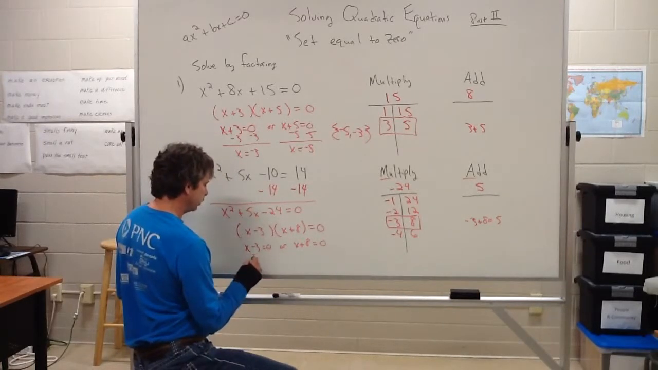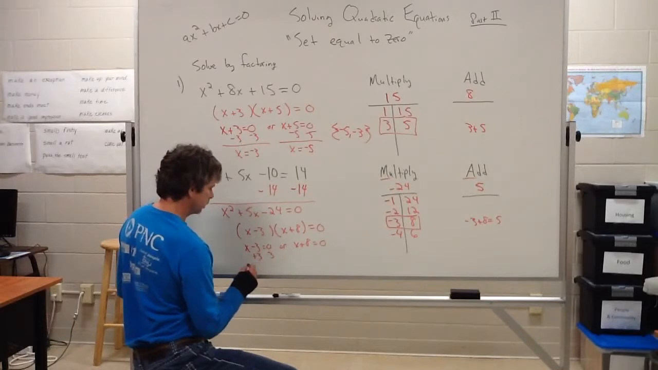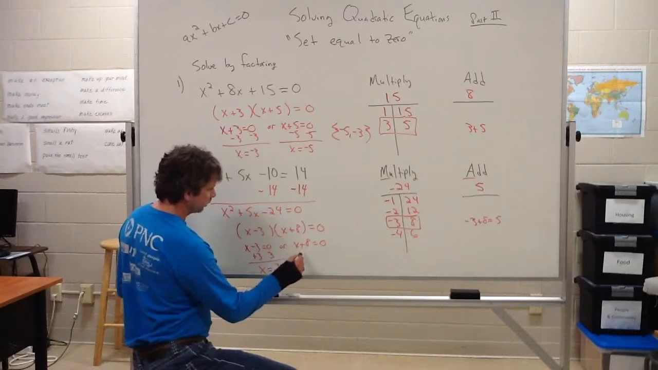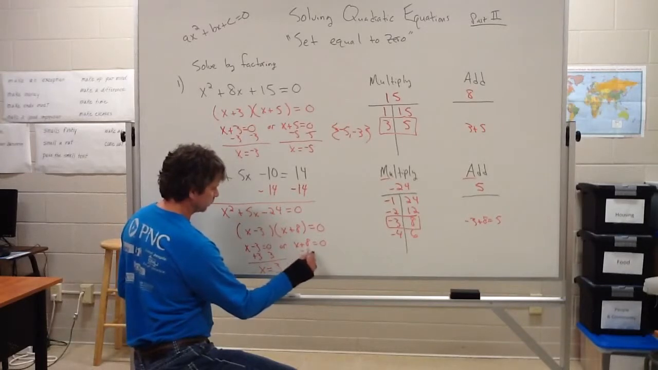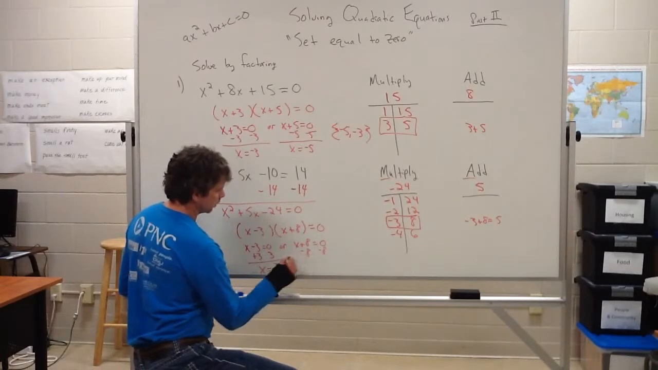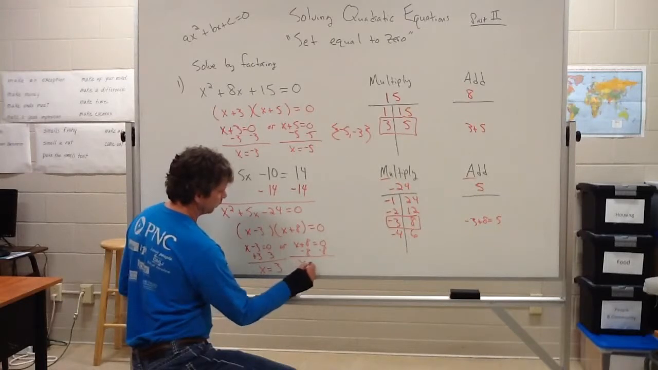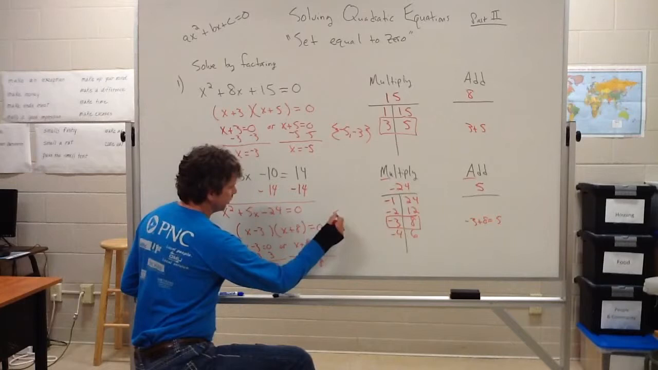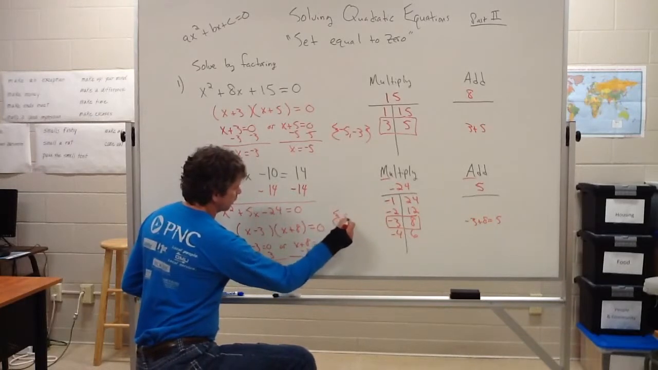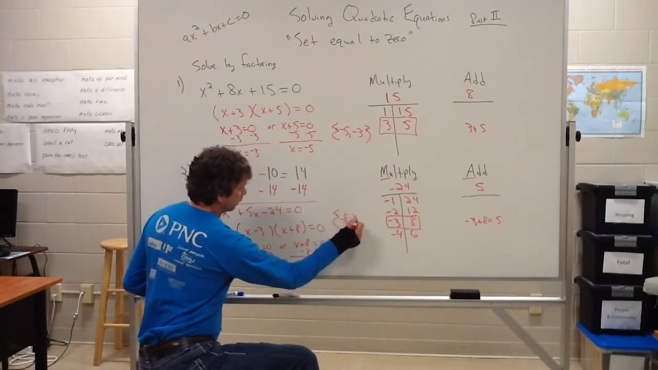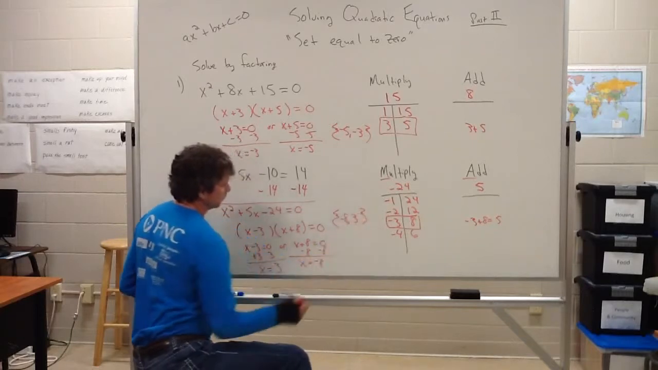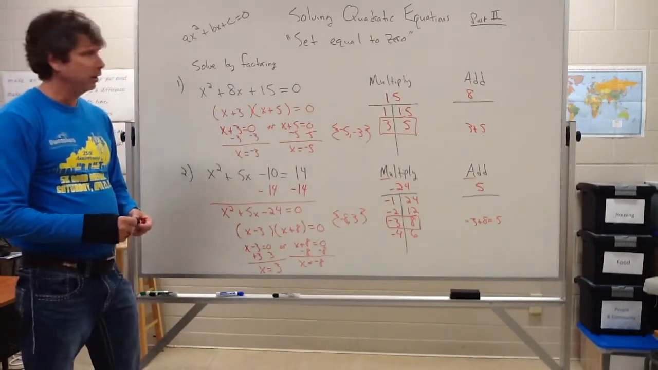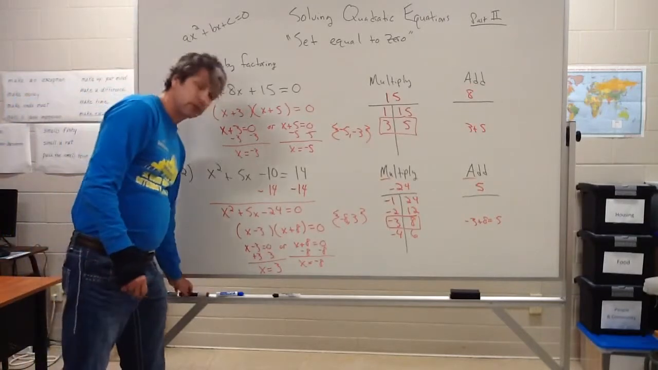The negative 3 can be zeroed out with a positive 3, so you get x equals 3 here. The positive 8 can be zeroed out with a negative 8, so I get x equals negative 8. Again, your solution set would be negative 8 or positive 3. We'll look at a few more examples, but that's getting us into there. Stay tuned for a few